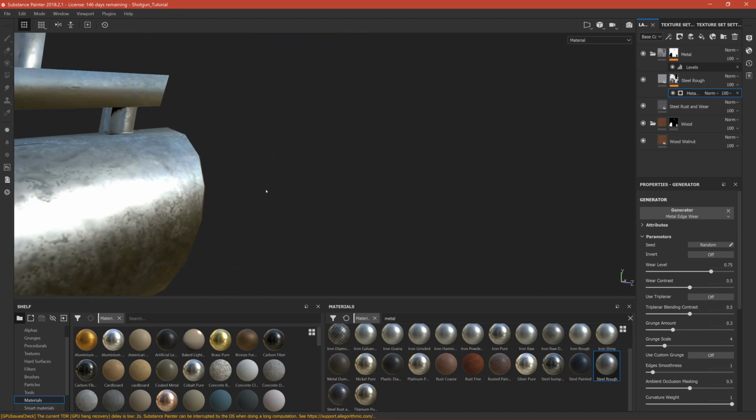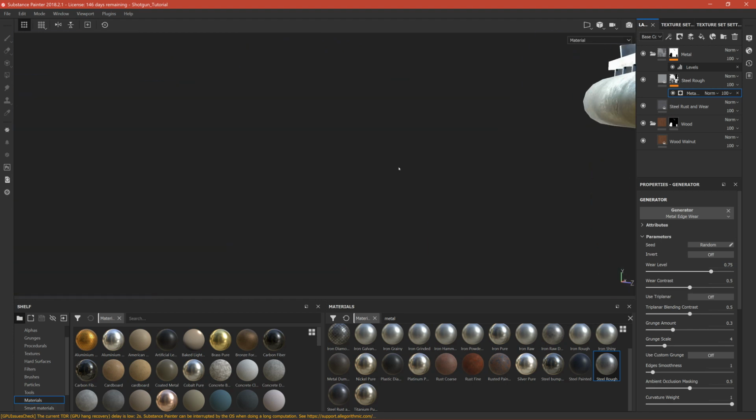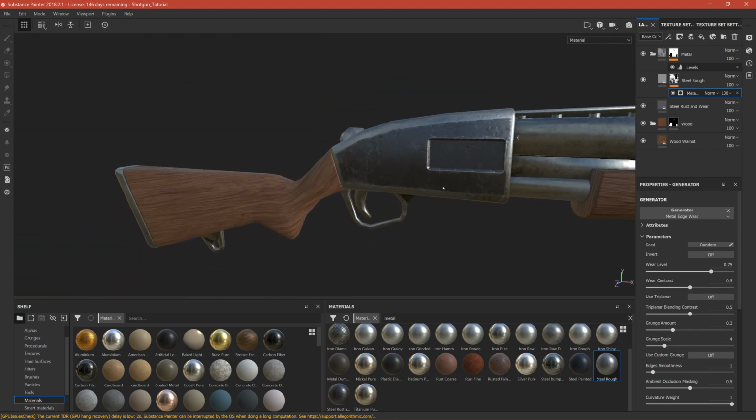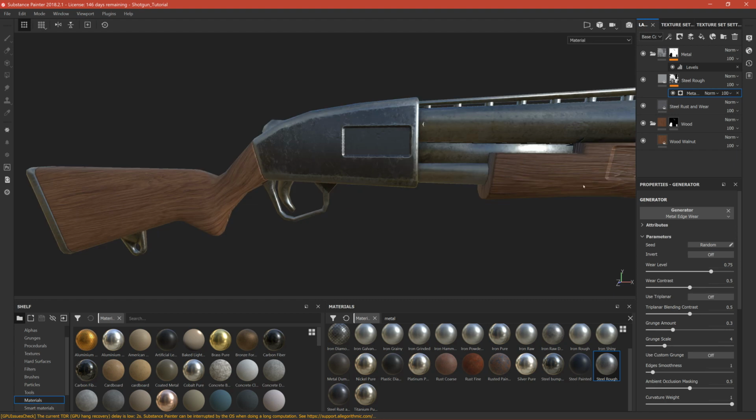and that's why it masked it. So we don't want that. Let's see what we can do with it. So let's play with the wear level. So let's drag it down, and as you can see, it helped a lot,